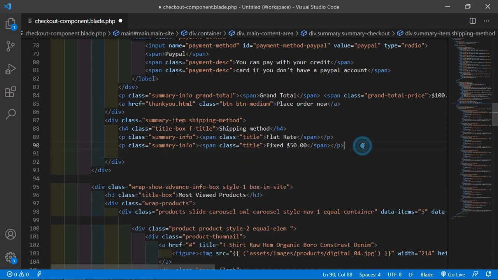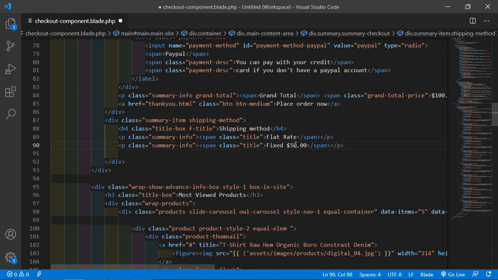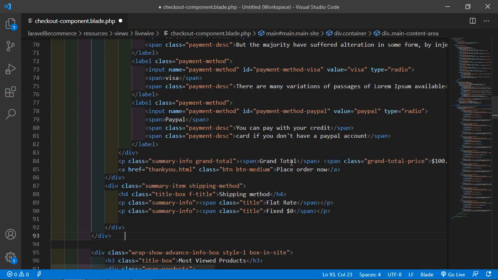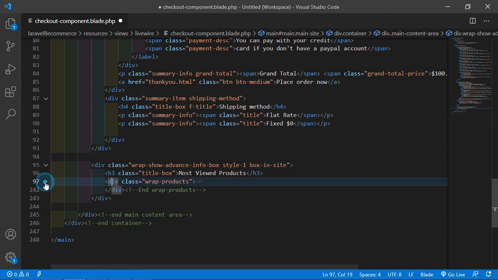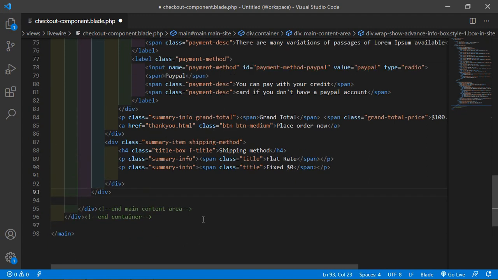Okay, and also inside the shipping method, just add a fixed amount. I'm just going to add zero. Okay, $0 for the shipping. All right, and now remove this carousel. So you can see here this is the carousel, most viewed product. So just collapse this div and remove this. All right,